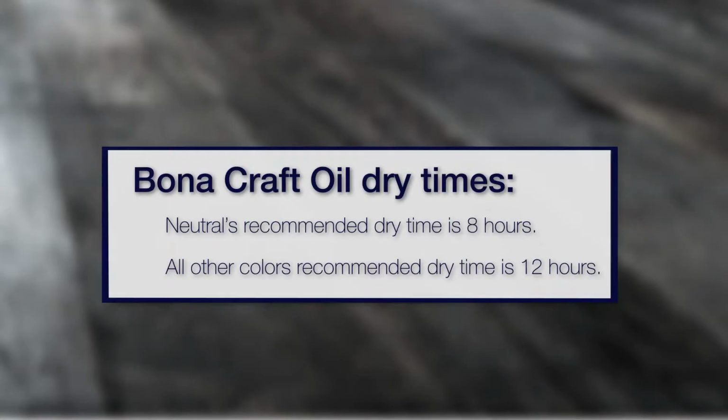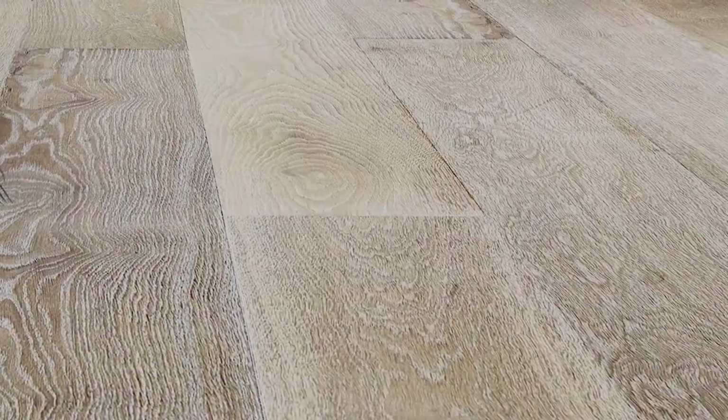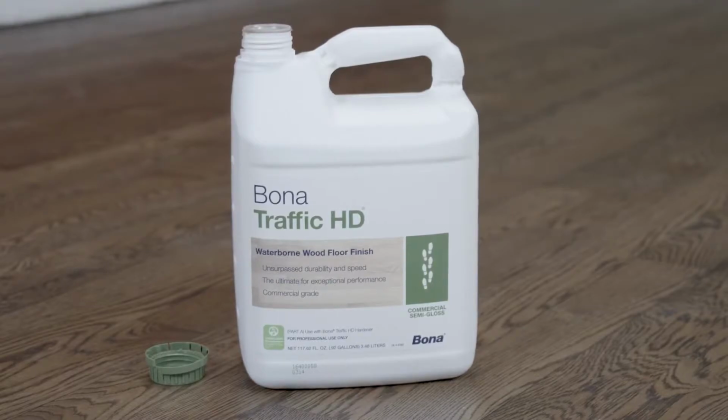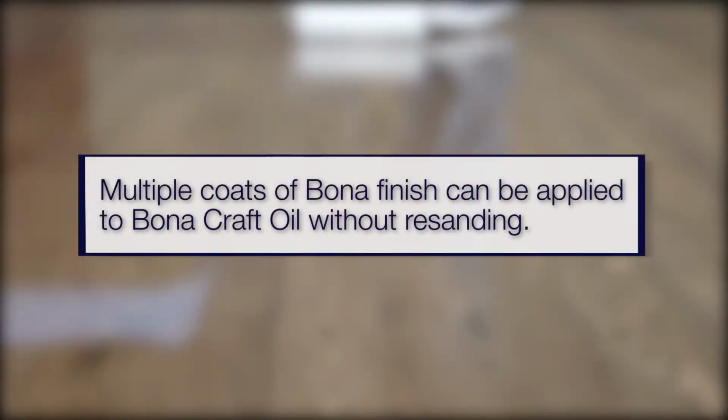Let the oil dry for the recommended dry time. Keep in mind that different species of hardwood will have an effect on the overall color and look of the craft oil. Once dry, in 8 to 12 hours, for additional protection, as an option, you can apply any Traffic family product. An advantage to using Bona craft oil is multiple coats of finish can be applied without having to